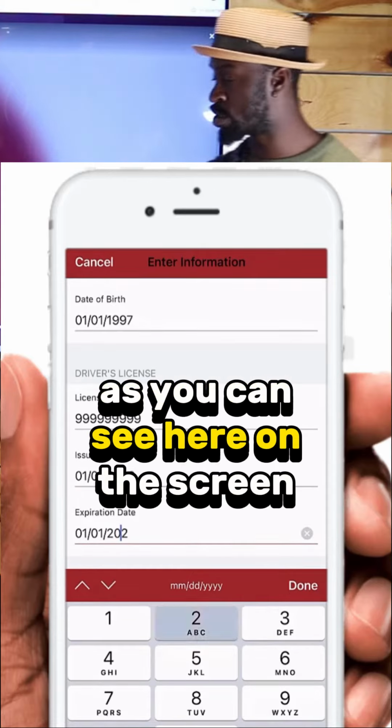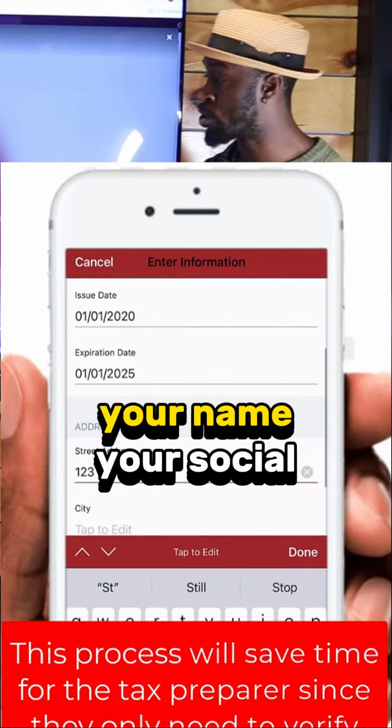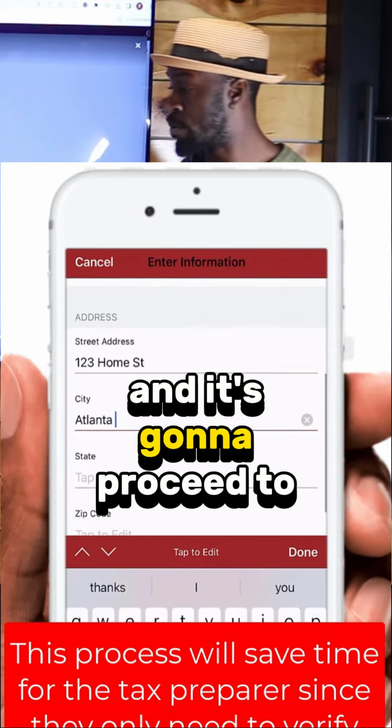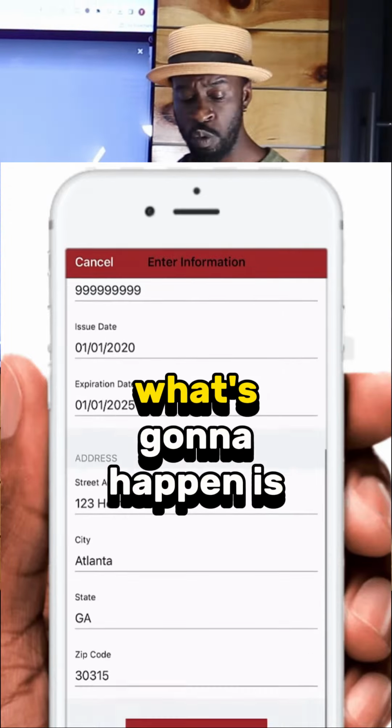As you can see here on the screen, we're just putting in basic information: your address, your phone number, your name, your social, things of that nature. And it's going to proceed to create an account for you. Once you get through this process, what's going to happen is